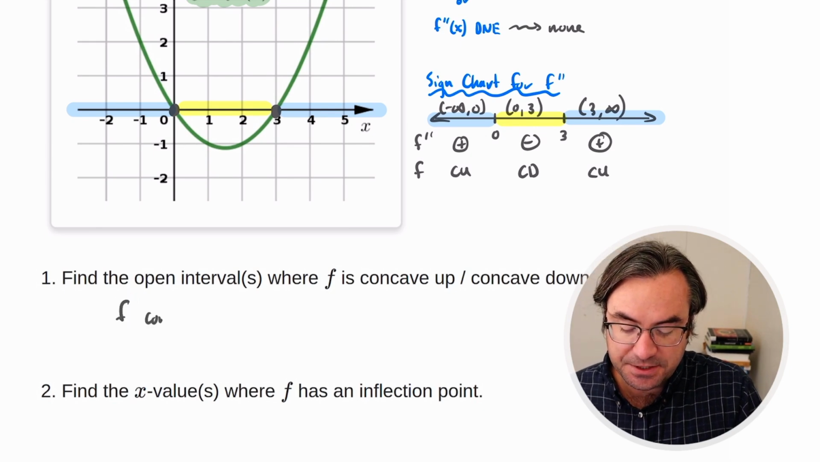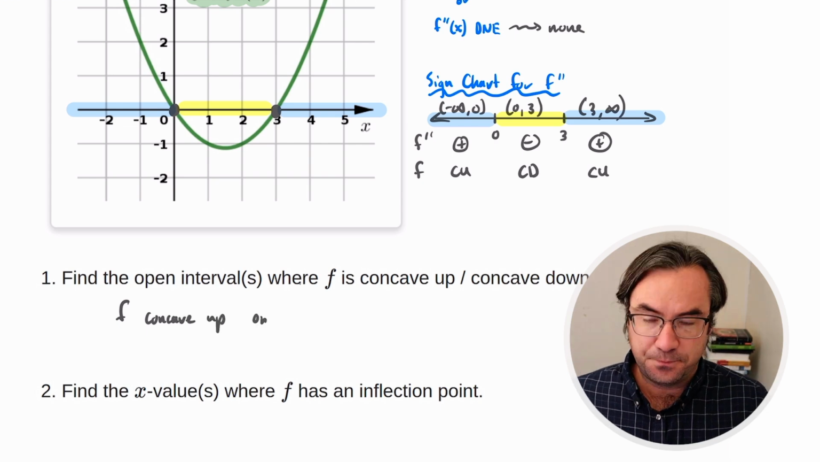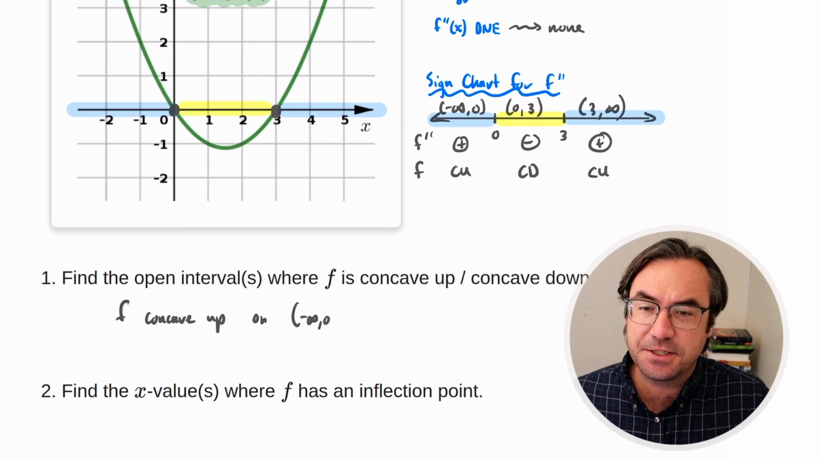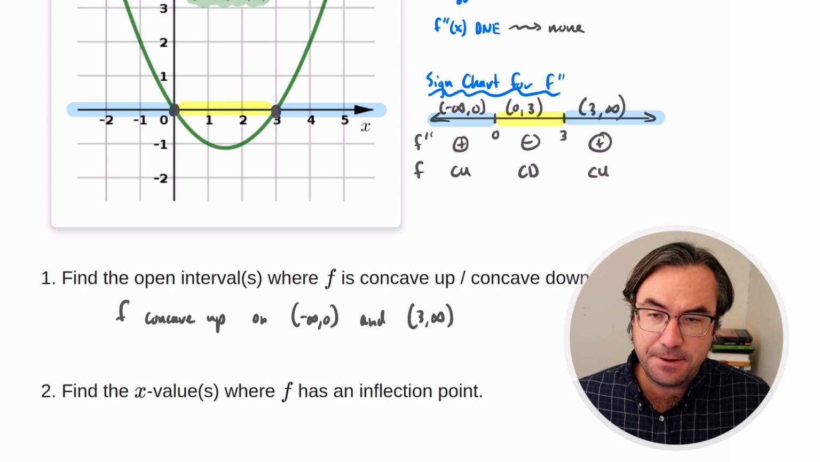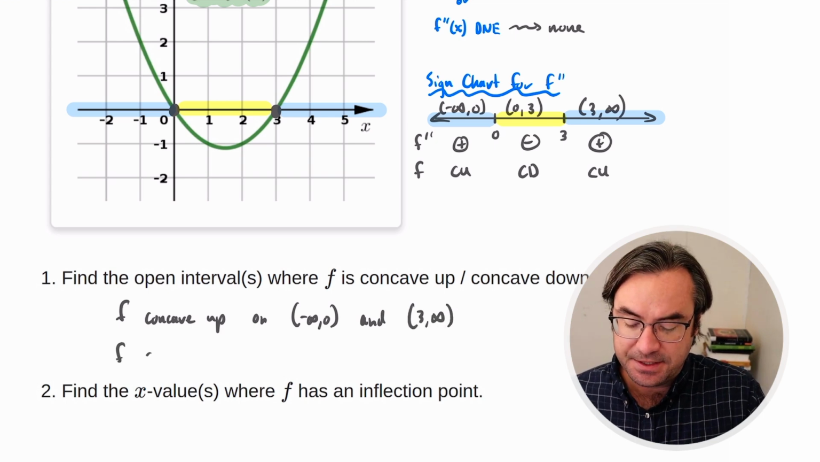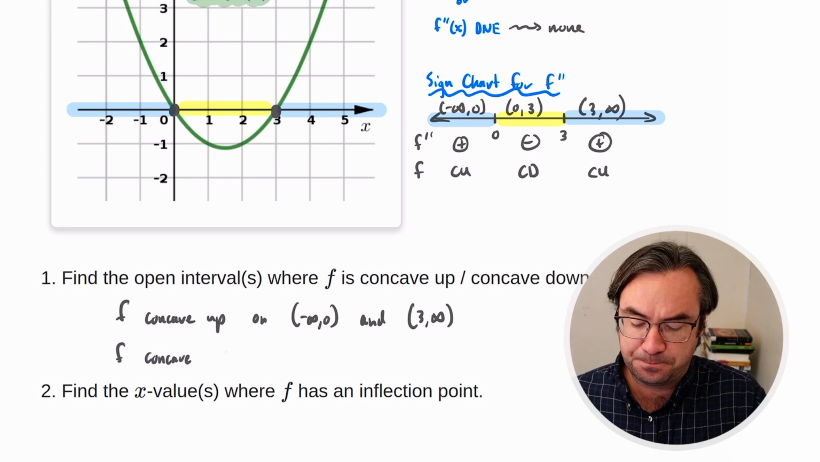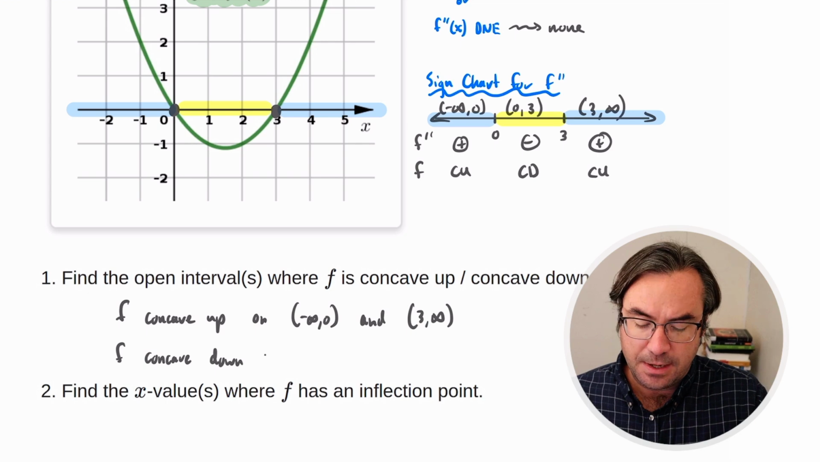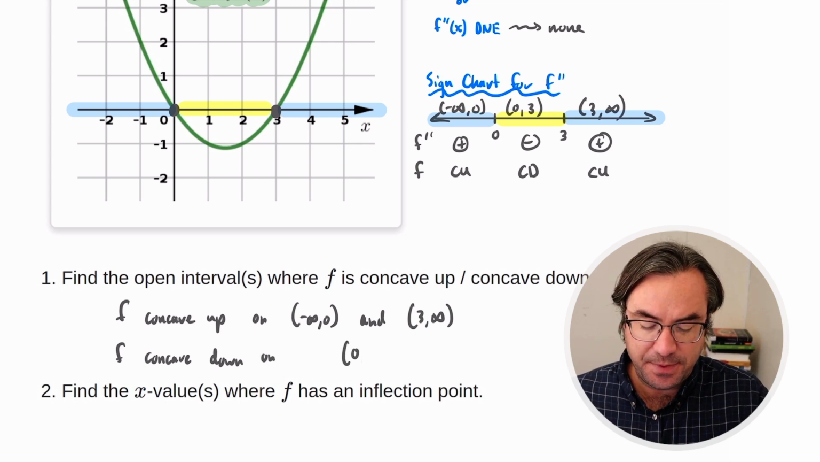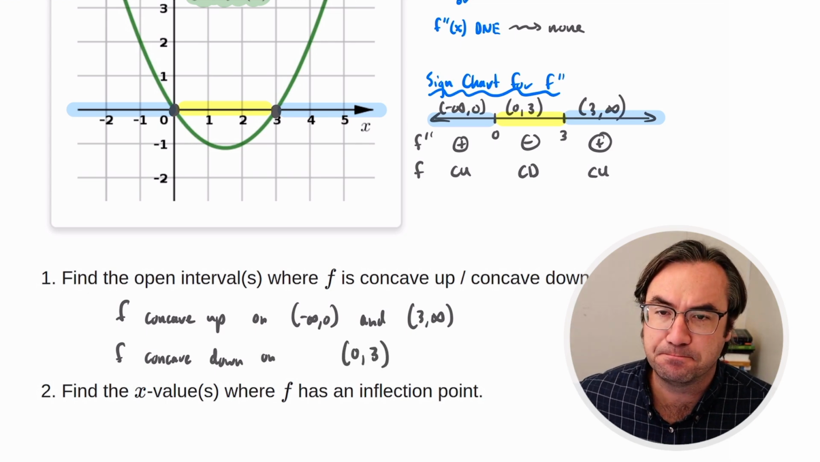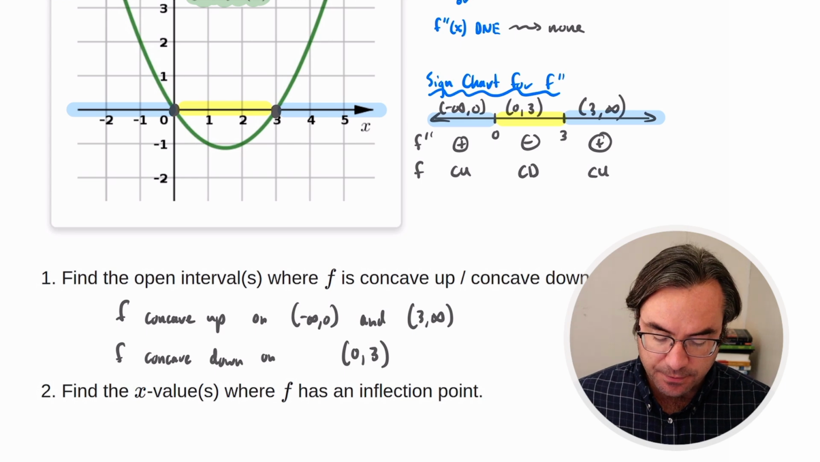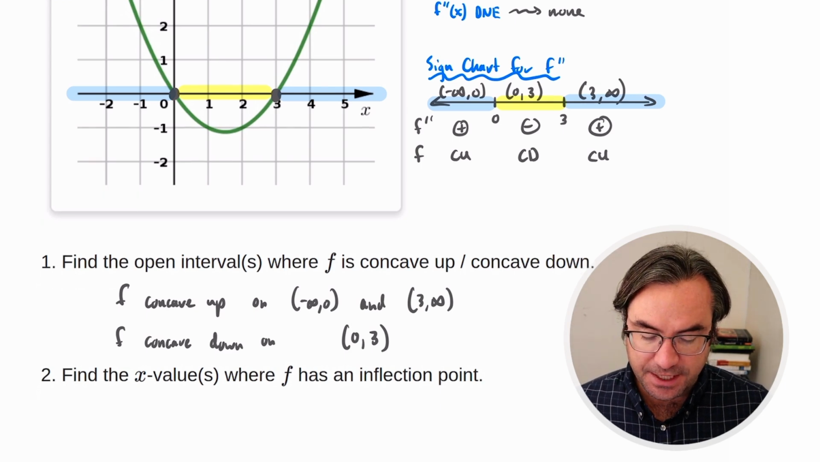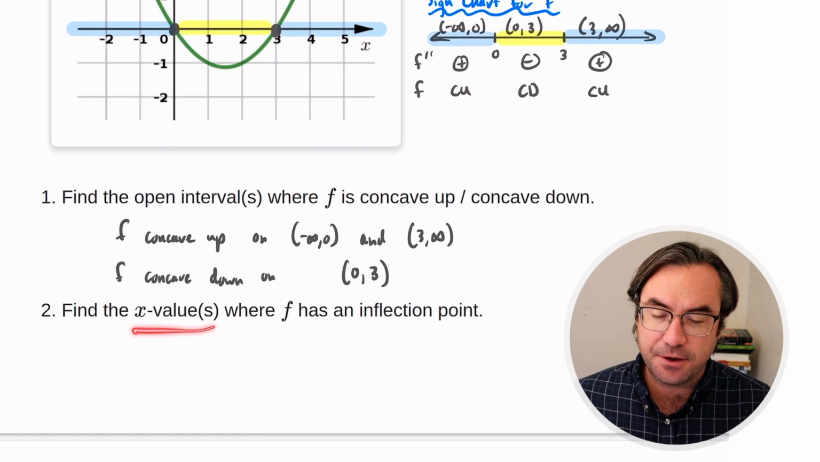So f is concave up on the interval, what do we say, minus infinity to 0, and on the interval 3 to infinity. And then f is concave down on the stuff in between, that interval 0 to 3. Okay. So then we need to know, for the second part here, what are the x values where f has